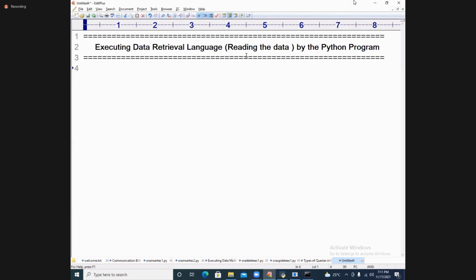Which query will we use to retrieve the data from the table? To read the records from the table, we use a DRL query.